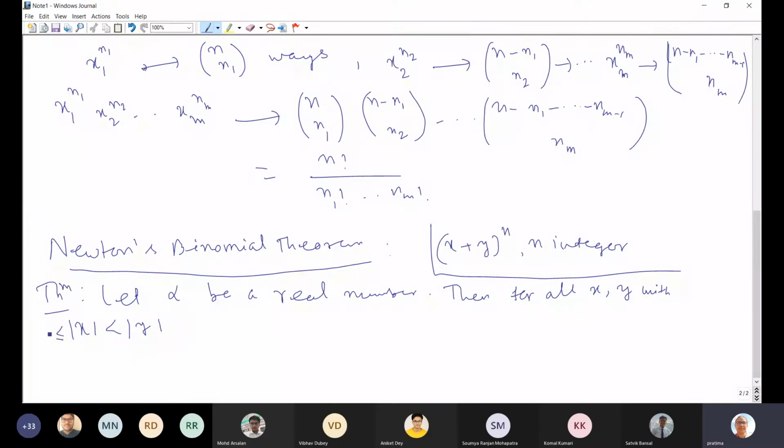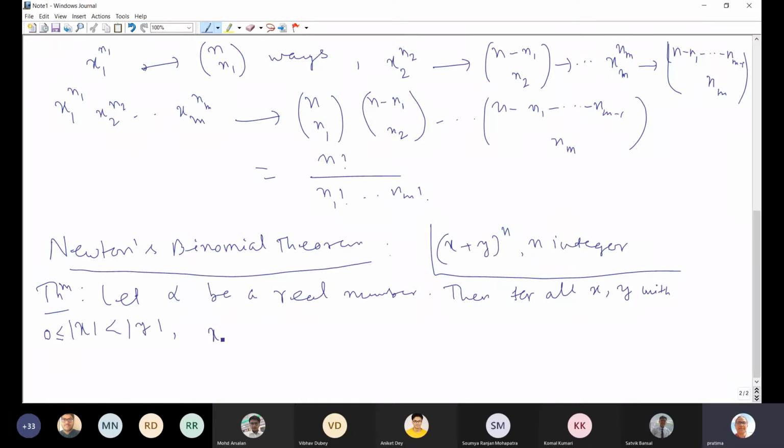X may be, in case x is equal to 0, you get this absolute value of x is equal to 0. So therefore, we write this modulus of x is anyway greater than 0, but it may be equal to 0. So that is why we are writing this as greater than or equal to 0.